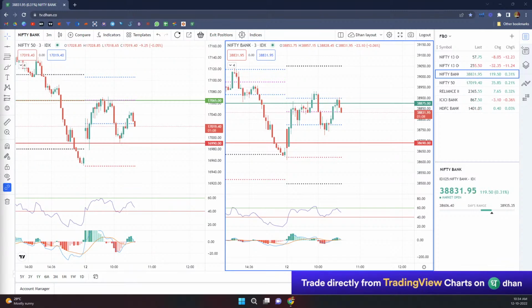If none of them wants to participate in this rally, then automatically the market will not have volume. But from morning, I don't see volume being an issue. There has been consistent volume on both the up move and the down move. Okay, so the current view on Nifty is looking a little ominous.